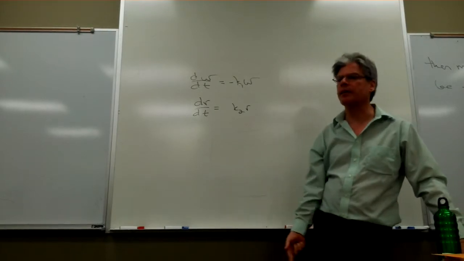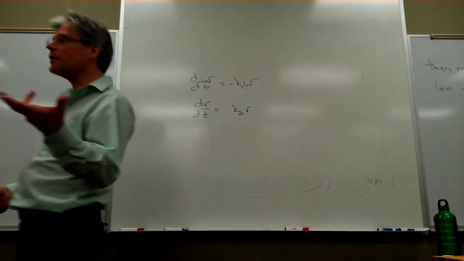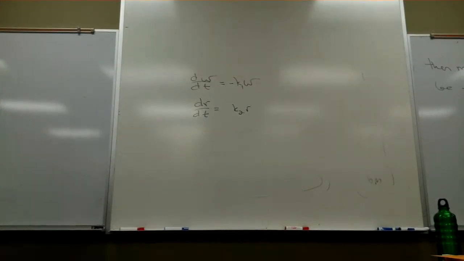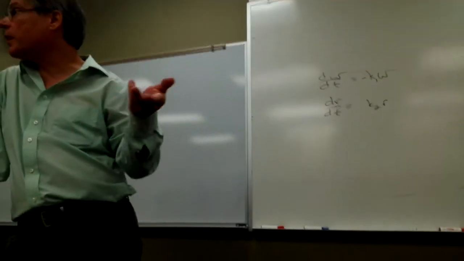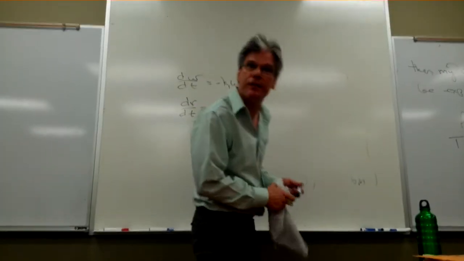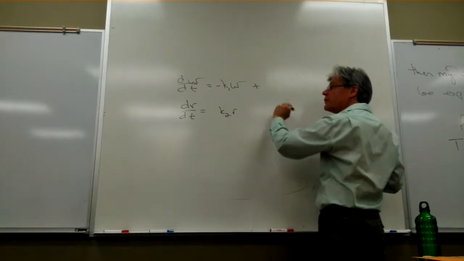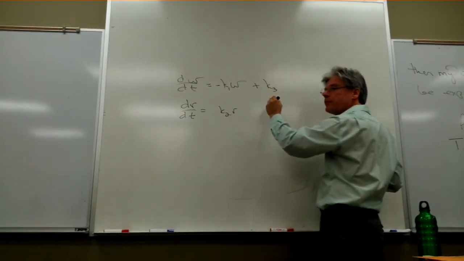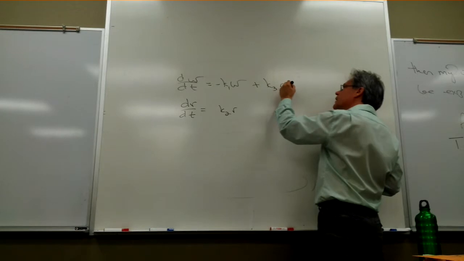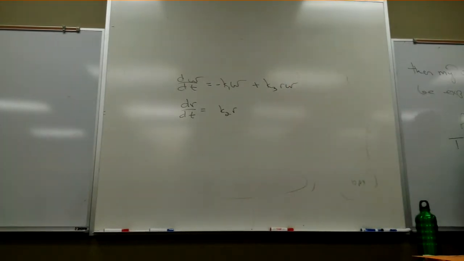Gosh, how am I going to quantify that? It's this easy. I think the benefit for the wolf population is going to be proportional to the number of encounters. And I think the number of encounters itself is going to be proportional to the product of how many wolves and rabbits I have. So Bradley, I'll modify my mathematical system by adding to the rate at which the wolf population is changing over time some other constant K3 times R times W,